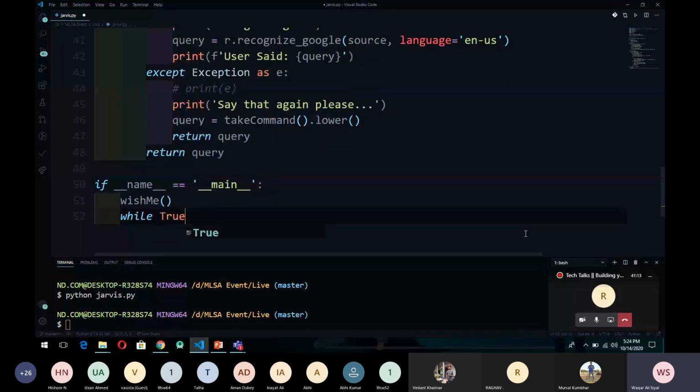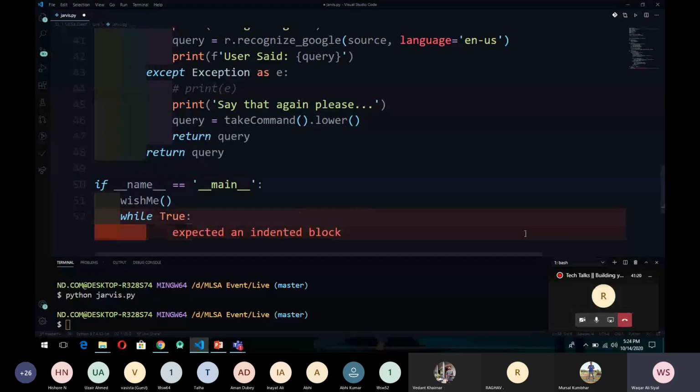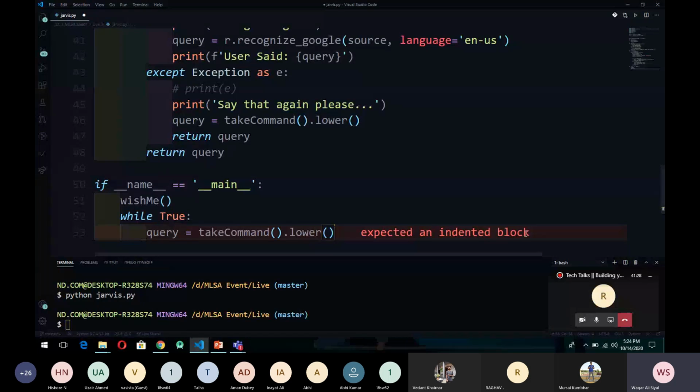We will use an infinite loop here. You can use any condition to exit your program, but for now I am using an infinite loop, and we will take the query from the user. Now how will this take command work?